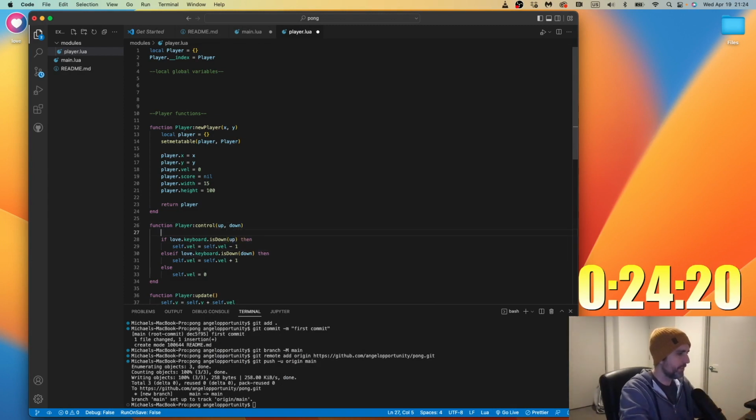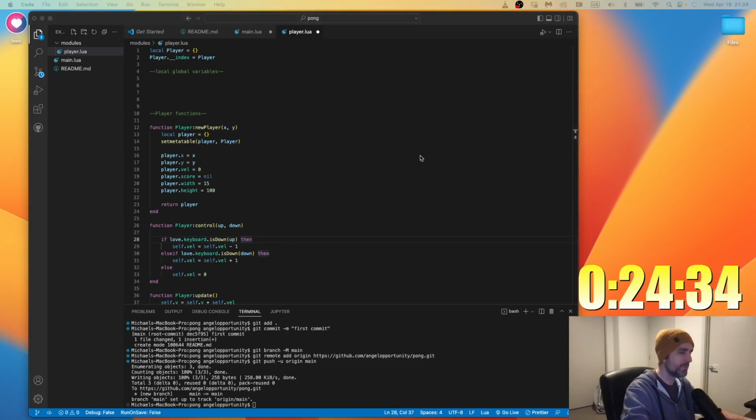This is probably not the best way to do it. I'm just going to say up equals. That's not going to work either. I need to stringify it somehow. Let me think about this. I'm going to stop talking and do another cut.